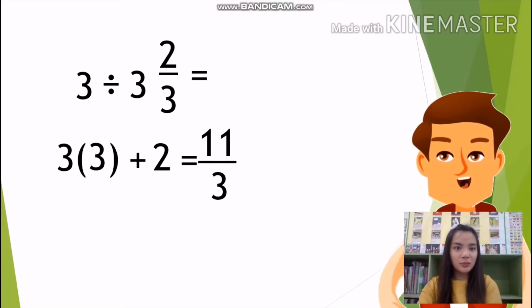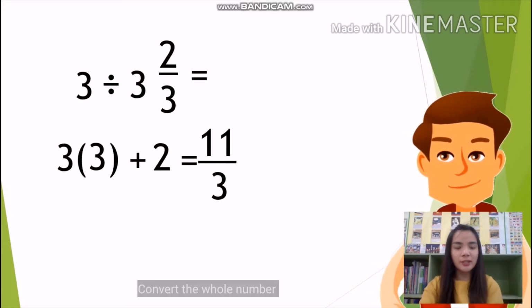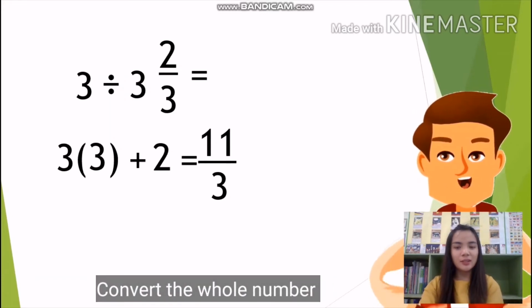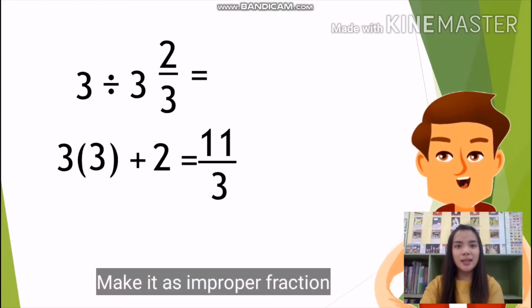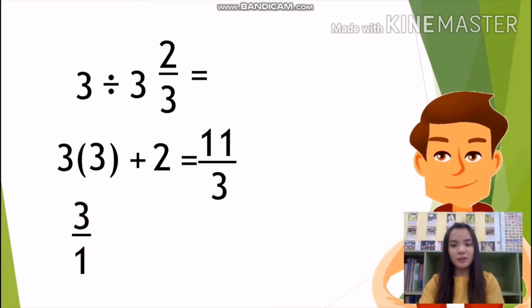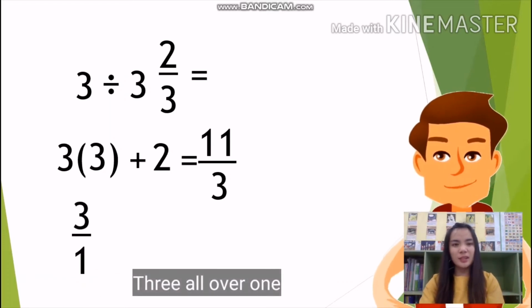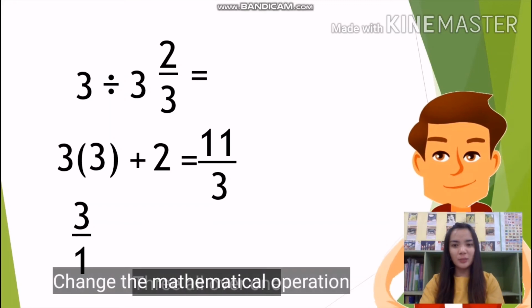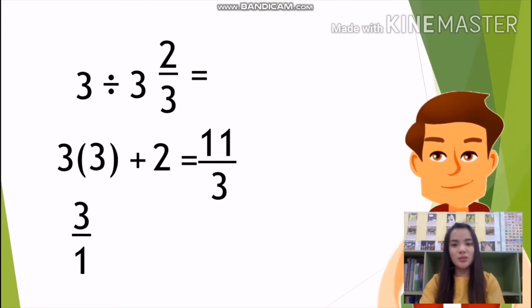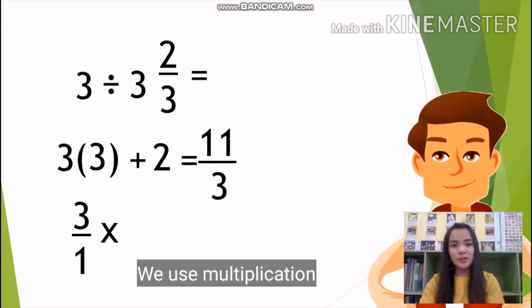Next thing that we're going to do is we need to convert our whole number. So 3, we're going to make it an improper fraction, which is 3 all over 1. Then we change our mathematical operation. So instead of division, we're going to use multiplication. So 3 all over 1 times,